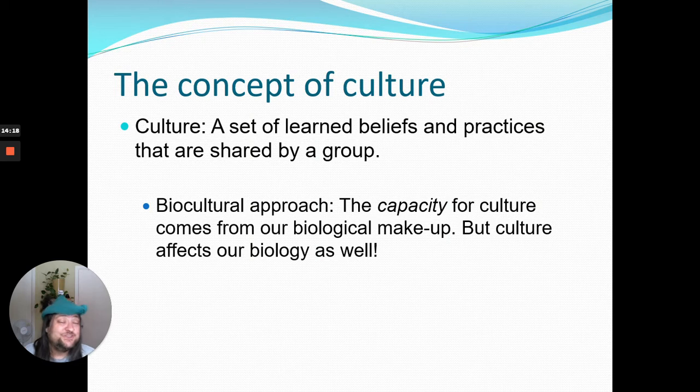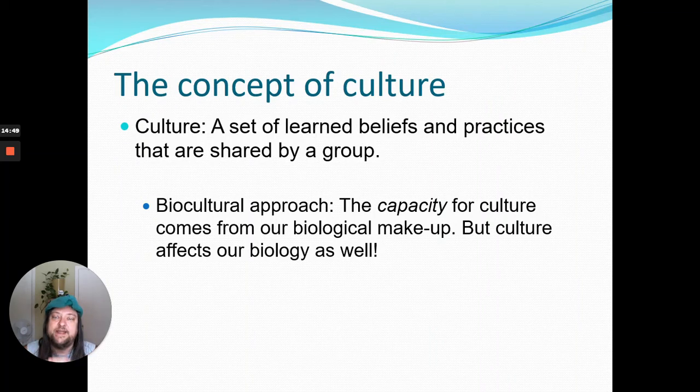But we're also not just driven by biology. Culture actually affects our biology, and that's another thing that we'll see when we talk about evolution. That continues today because the way our cultures are set up often affects how people physically adapt to a certain environment, either in their lifetime or even over generations. So the biocultural is one aspect of the holistic approach, where we're really looking at how things are